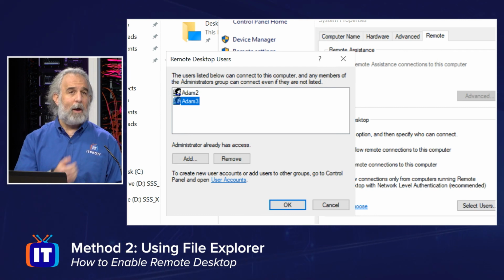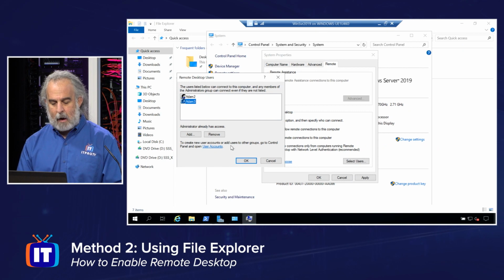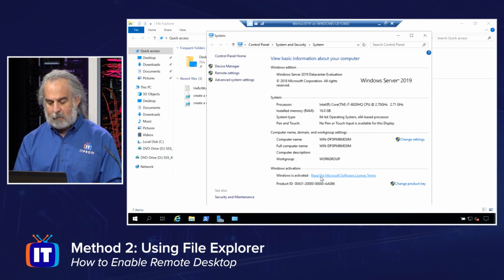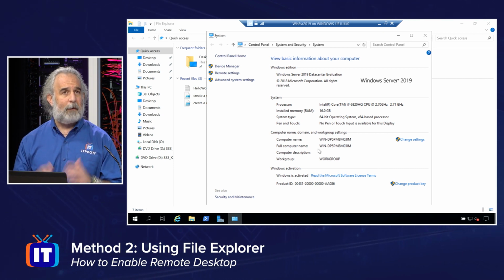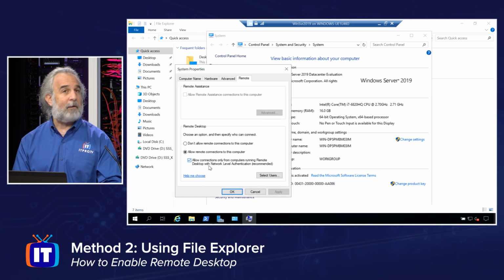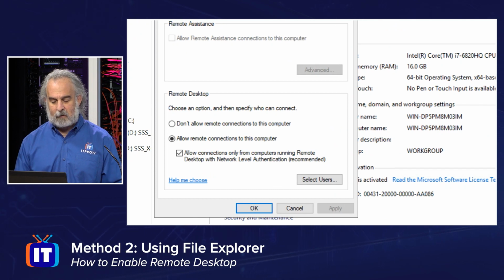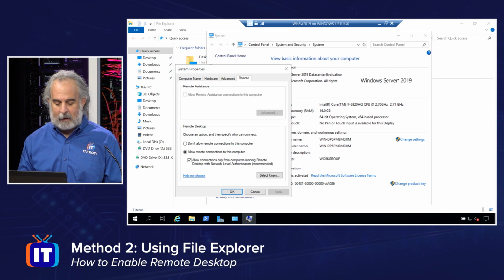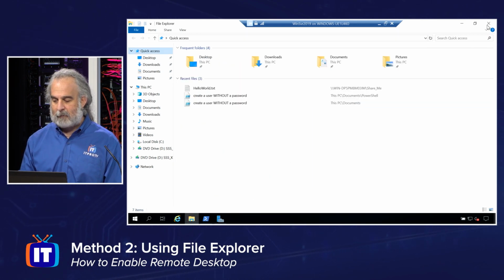I can also create brand new user accounts and then add them in at some point later if I choose to. All right, so we'll go ahead and do that. We'll click OK, and then click Apply. We'll click OK, and now that has been configured from within the graphical interface. Remote desktop is turned on. And I can check the status of that by simply clicking through again to see that it is indeed turned on, and we do have that configured. I would obviously then connect remotely and be able to use the resources of this machine as needed.